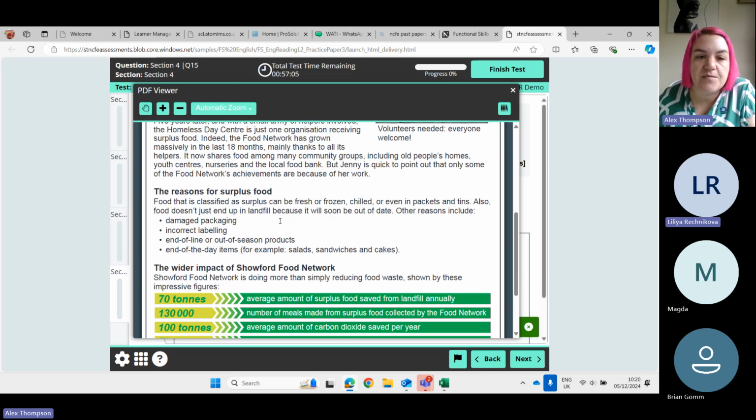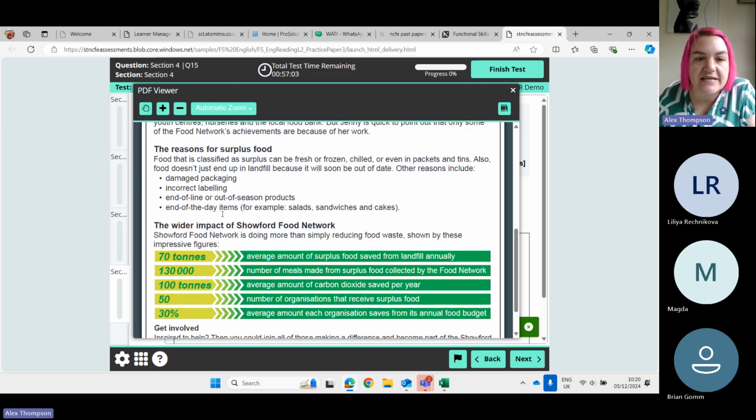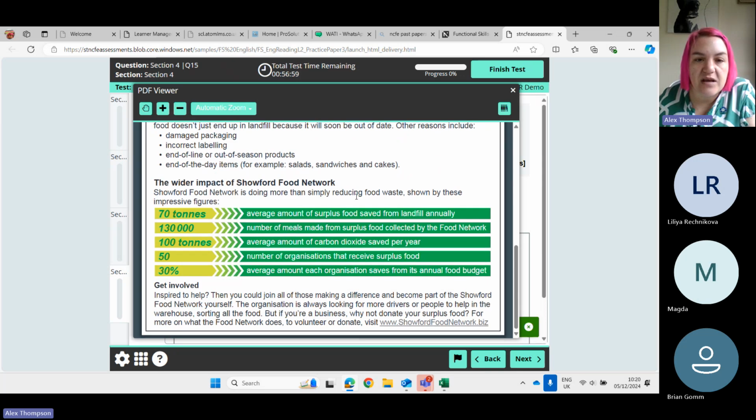The reasons for surplus food, and then we're given a list. The wider impact of Showford Food Network. Then we have some statistics. Okay, let's just read this little bit at the bottom. Get involved. Aha, this is telling us the purpose of the text. And look, again, we have these rhetorical questions. It says, inspired to help, then you, this is direct address, it's talking to you, the reader,